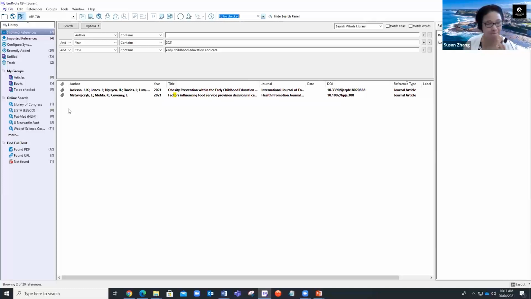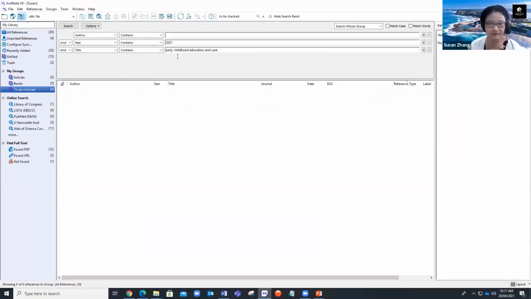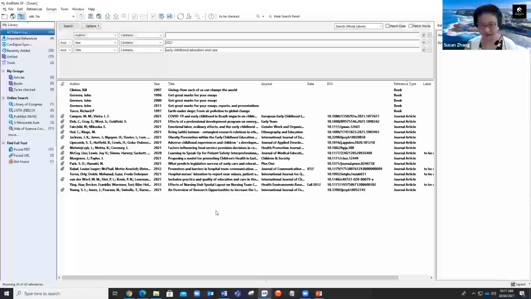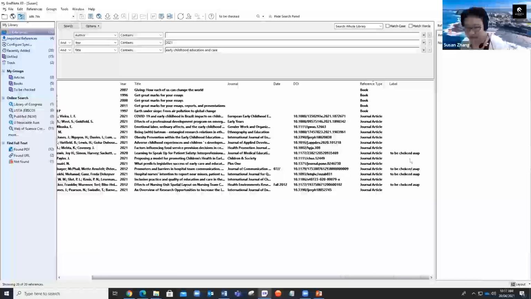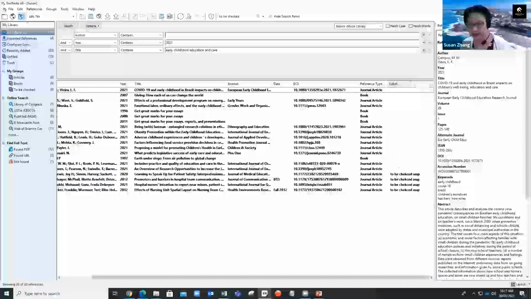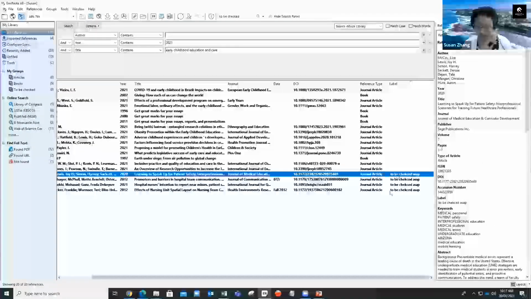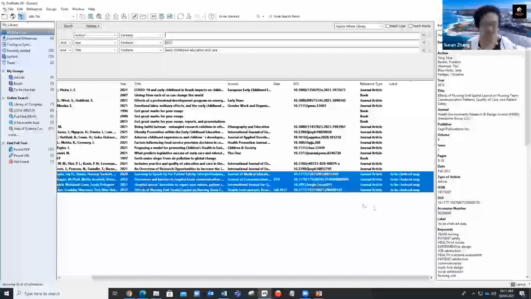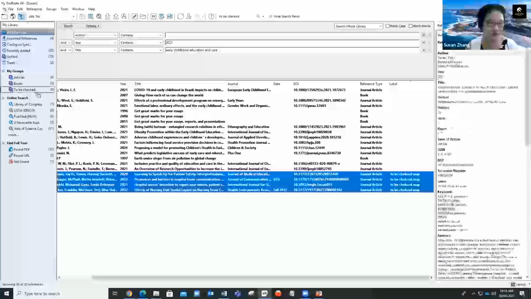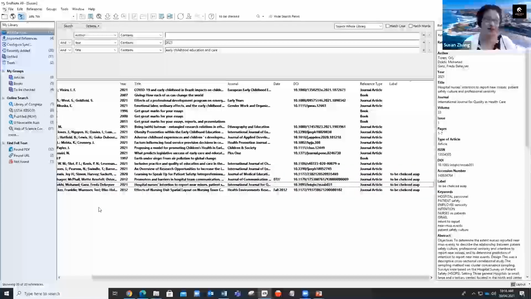Let's see. All articles, and I checked to be checked ASAP. Okay, the labels. I can use the labels. So if I can't find it, I can use the labels and put them into to be checked. That is how to use the groups to organize your